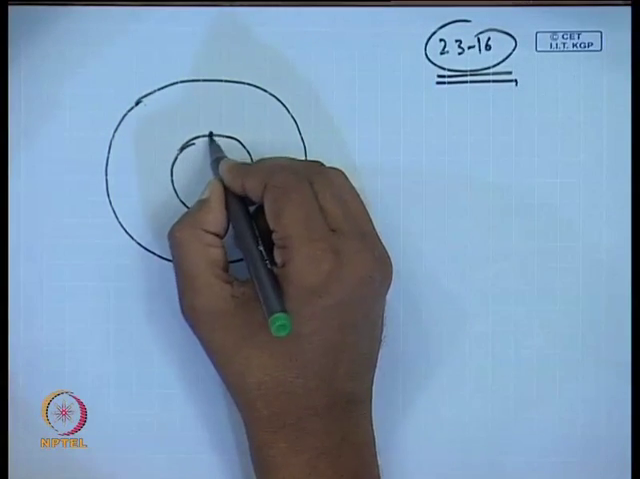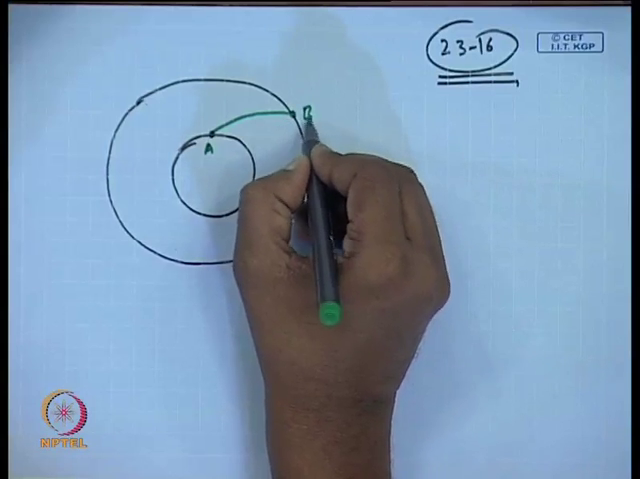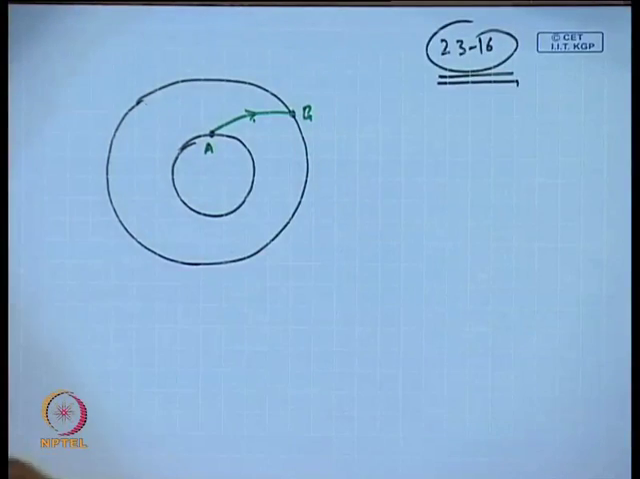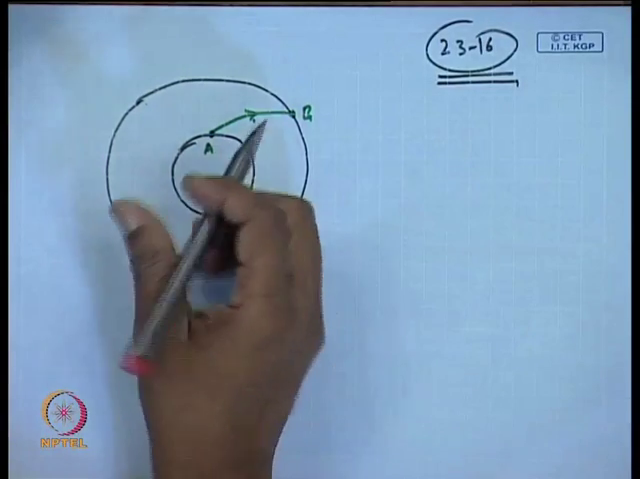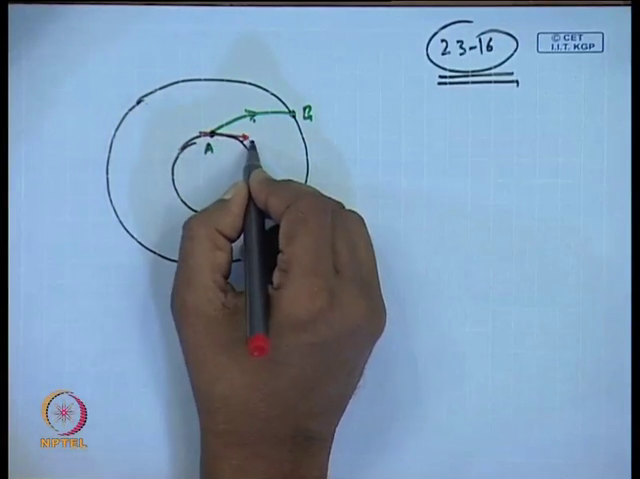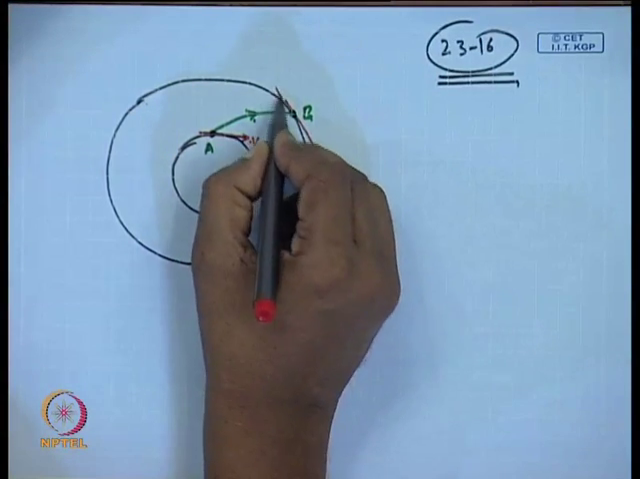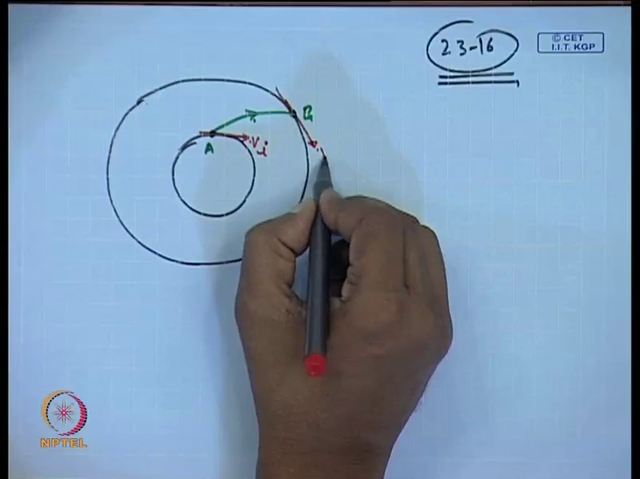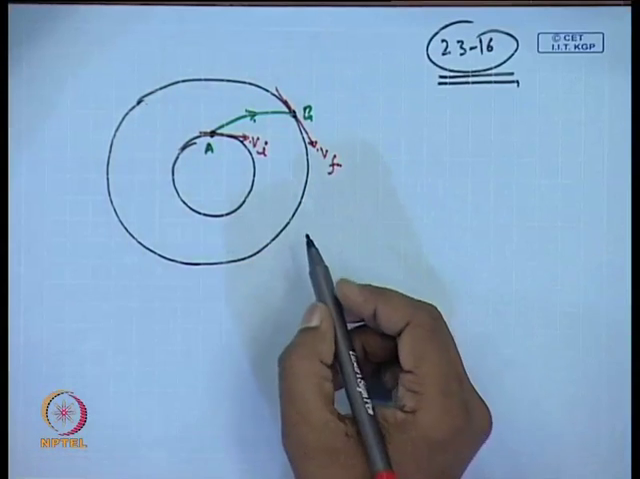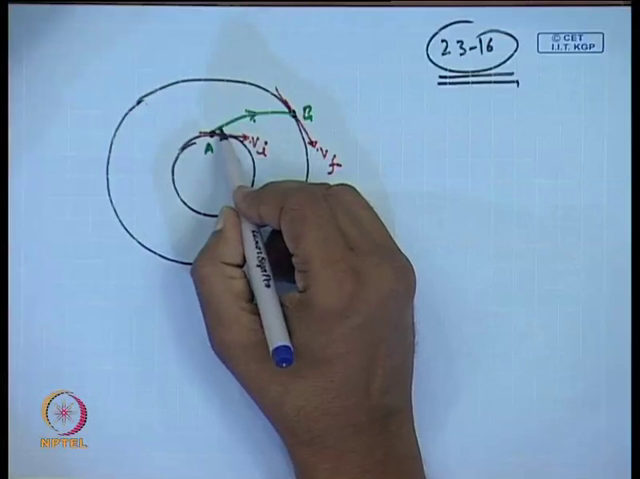We want to send the satellite from point A to point B along this trajectory. Velocity in this circular orbit will be in the tangent direction. So, this is say V I, and here the velocity will be tangent to this circle. So, this is V f. And if we are sending the satellite along this orbit,